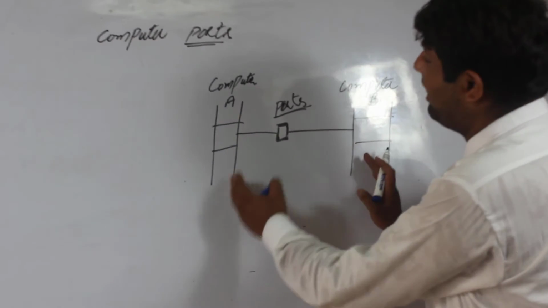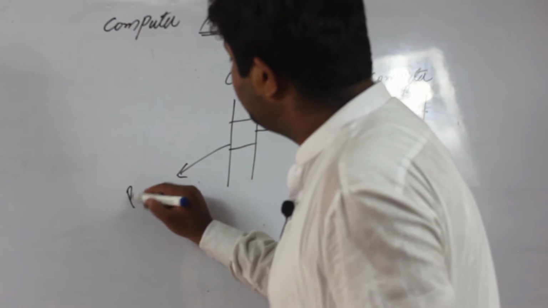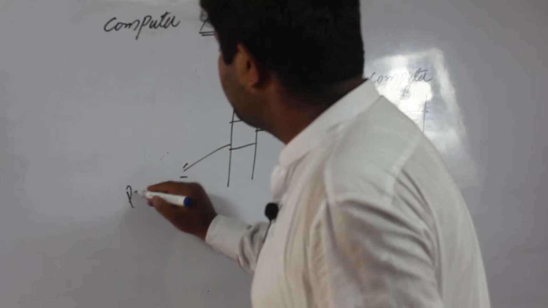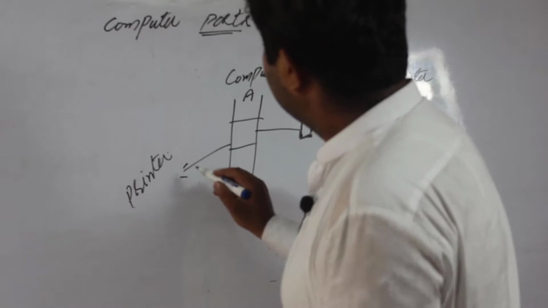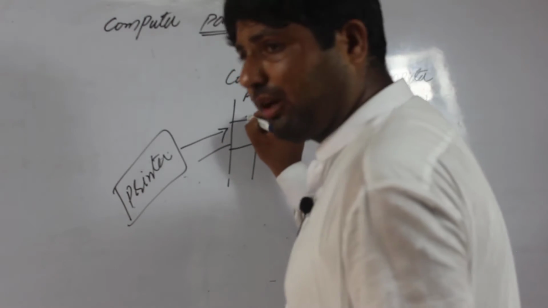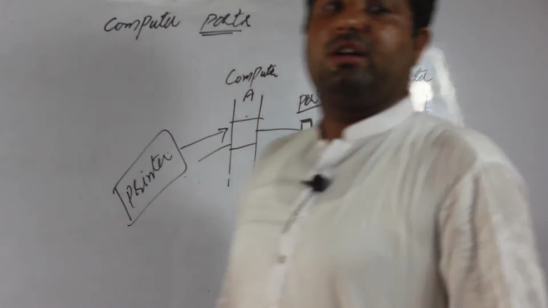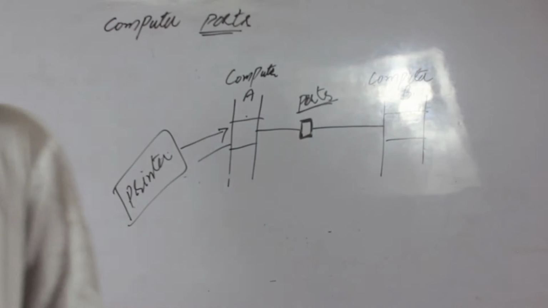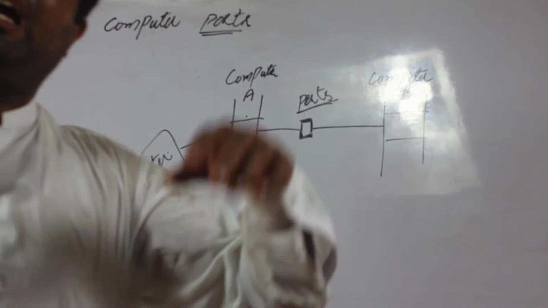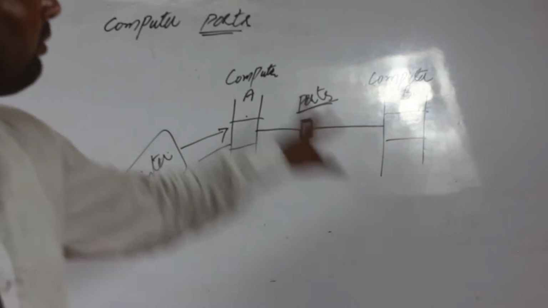When two systems are connected to each other, if we want to attach a printer, one socket is used for the printer attached to the computer. This socket is called the port. In simple words, the socket or instrument used for the connection between two systems, or any hardware attached to any other hardware, is called a port.